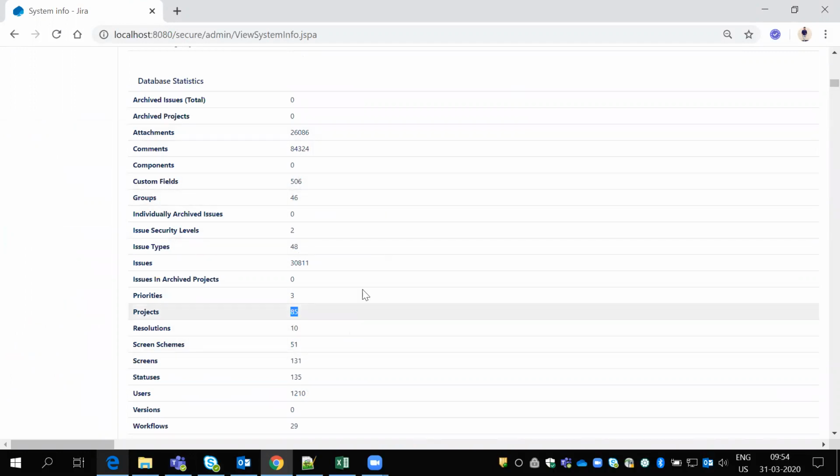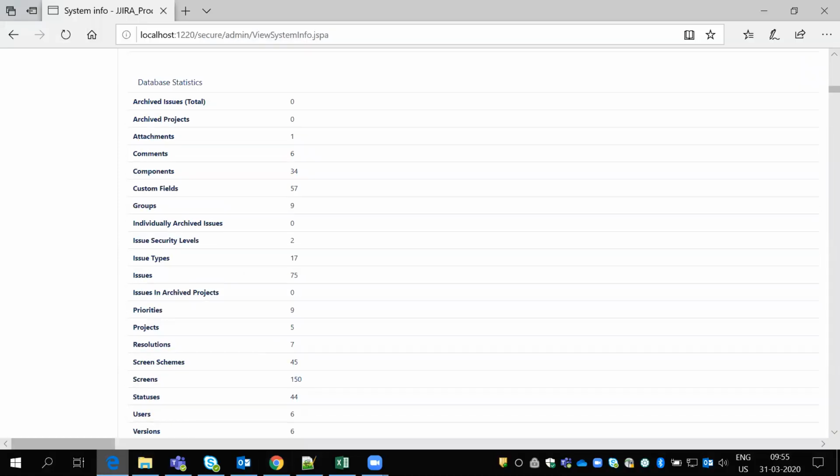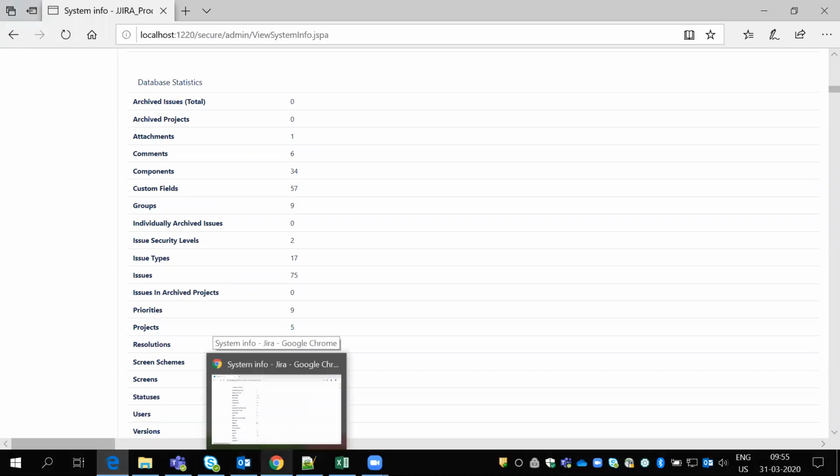All this data I need to move from 8080 to 1220. So how do we migrate the complete data, attachments, everything?